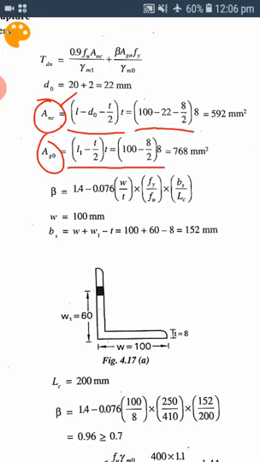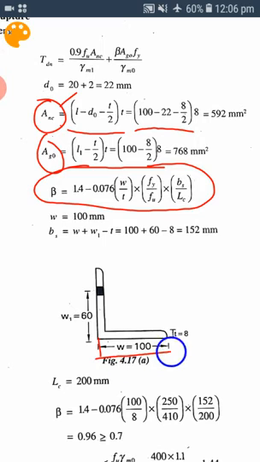then calculate beta. Beta is a correction factor. This formula also you get from the code. Substitute all the values in this formula. Here in beta, W is 100 mm, that is the outstanding leg width, and T is the thickness, Fy is the yield stress, then Fu is the ultimate stress, then Bs is the shear lag width, that is W plus W1 minus T, 100 plus 60 minus 8. So calculate this one, substitute back in the above equation, then you will get the beta value, and